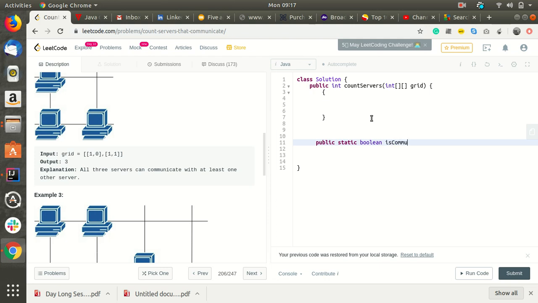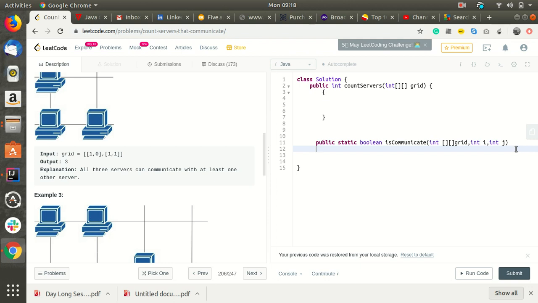Is communicate. So there will be an integer multi-dimensional array input to it, named grid, and then it will have the location of it, i comma j.